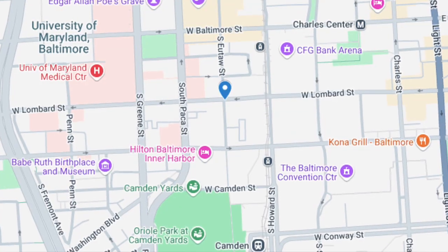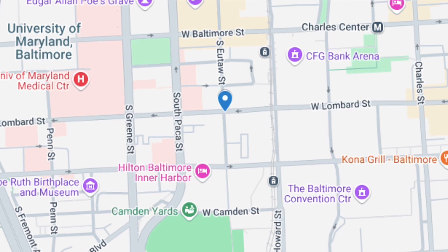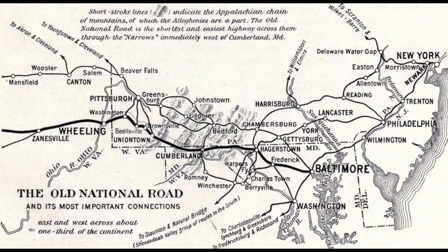Now, if you're saying to yourself, Johns, you're with Baltimore Heritage, not Boonsboro Heritage, what are you doing out there? Let me just say, if you've ever gone to a ball game and you're walking along Lombard Street at Utah, that's the National Road. The National Road started in Baltimore, headed out west to Cumberland, and then west beyond that. Before I turn it over to Reuben, let me say just a few words about that, and we'll start our